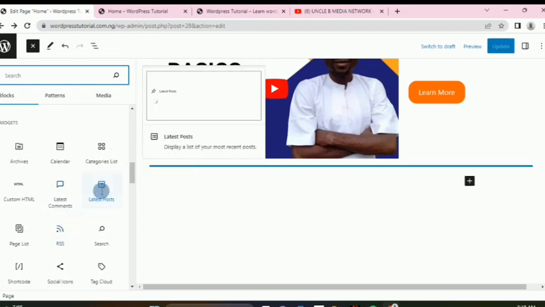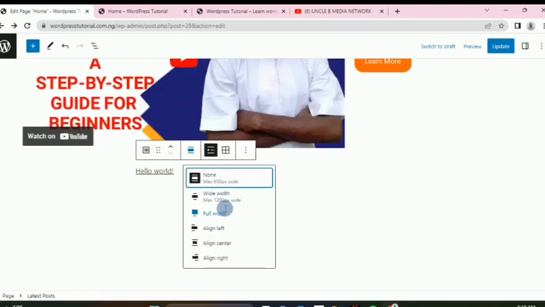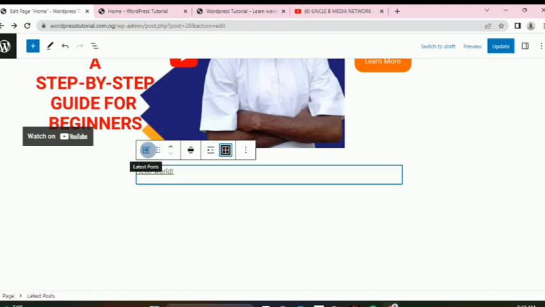Okay, so let's say here, after this we can put latest post here. You can see this is the only post. So we can make it wide width as well, so that by the time we add more posts, if you look at this place, is it grid or list view? So let it be grid view, so that by the time we have more posts, it will appear down here. So then the latest post,